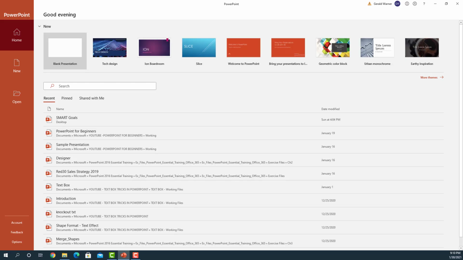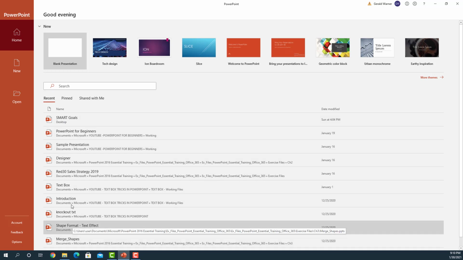When you open PowerPoint for the first time, you will see this page, the introduction page. And at the top we have the home page, which is what we're on. New is to open a new project, and open is to open an existing project. If we come down to the bottom, we have account, feedback, and options. Over on the right hand side we have the projects we've worked with before, so you can always go back